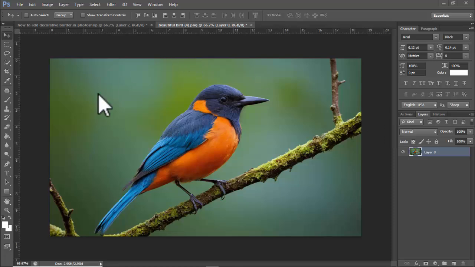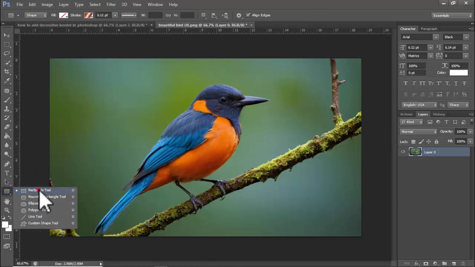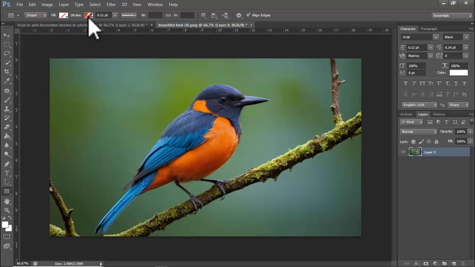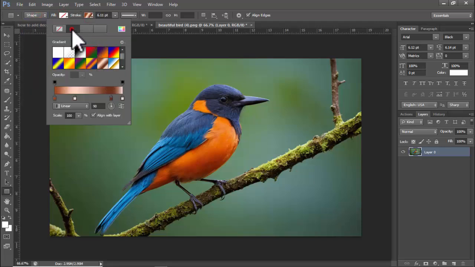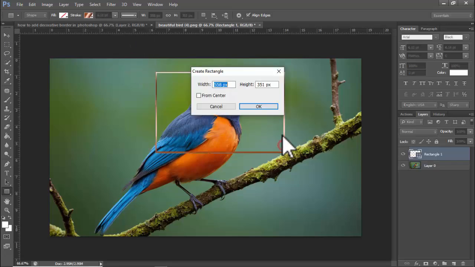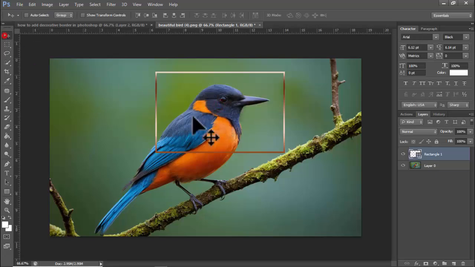Two steps. Step 1: select the rectangle tool. Do not use fill; use the shape stroke color. Use this color and select any stroke border. For example, I use this and press Enter. Size, for example, 6, and select and edit the position,